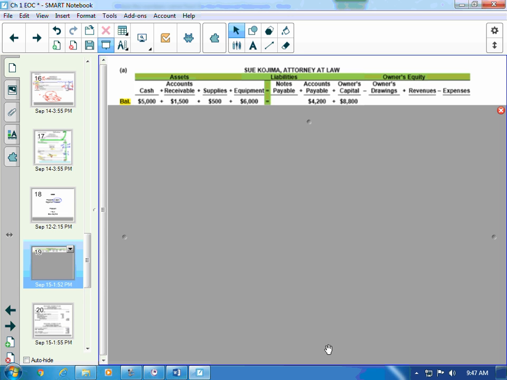Problem 1-2A, Sue Kojima, and I'm reading on page 40. Sue Kojima opened a law firm on July 1. And unlike the businesses that we've done so far,